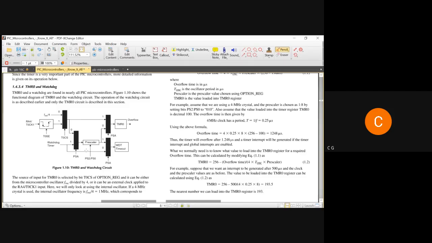If there is a prescaler, then unless and until that particular prescaler time matches with the prescaled frequency, the way we have F oscillator upon 4, here you can have some T upon, say I design it for